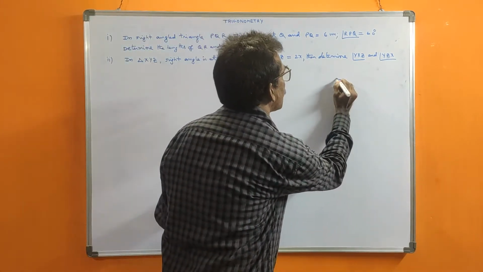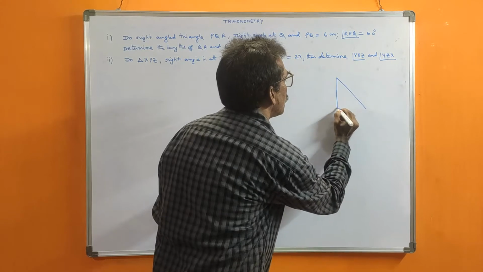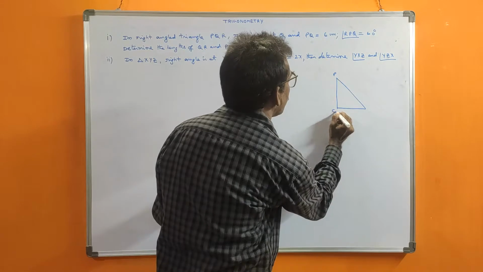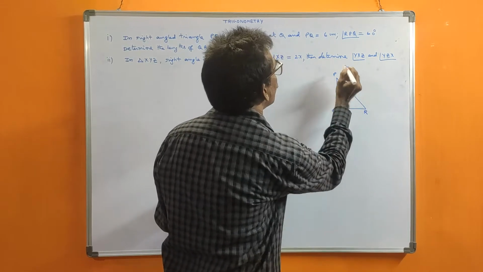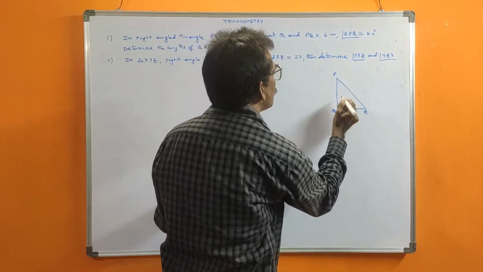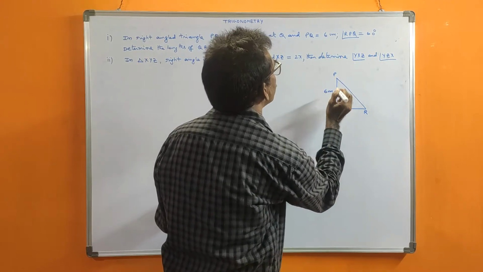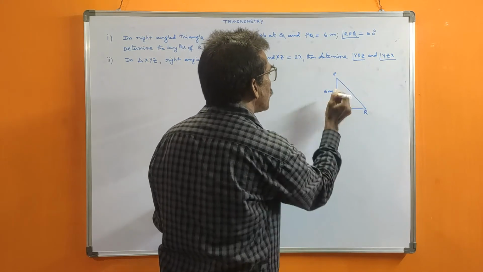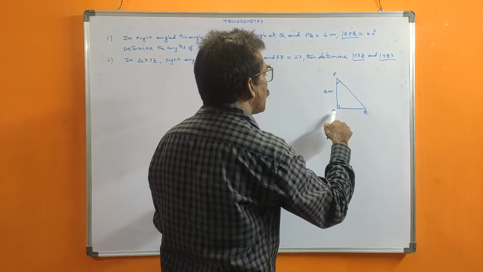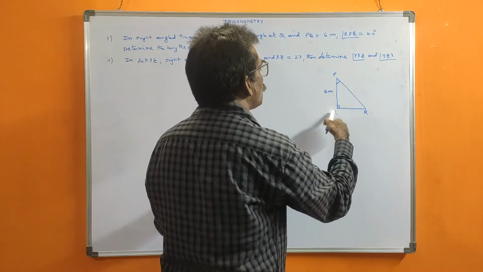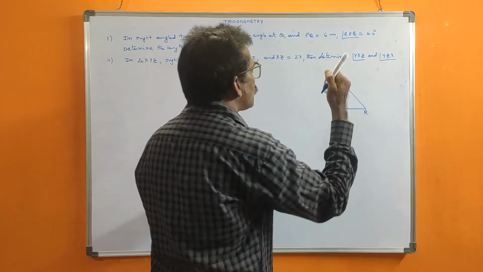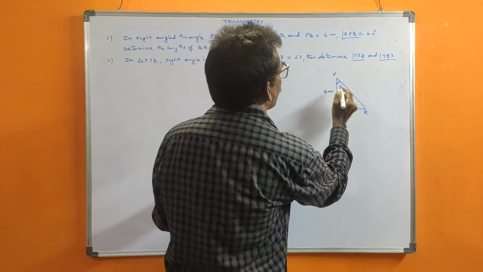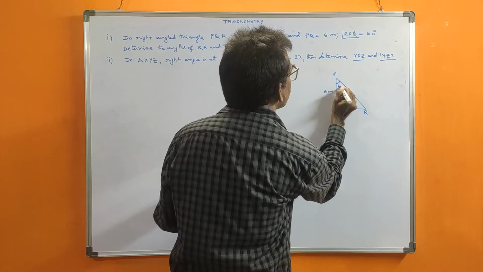Okay, first draw. Consider a right angle triangle. Which triangle? P, right angle at Q only, R. So, PQR. Now, PQ given 6. PQ, this side 6 given. Next, what is given? Angle RPQ. RPQ means this angle. So, the same angle we can say QPR also. Angle QPR or RPQ, same. Now, how much is this angle? 60 degrees.